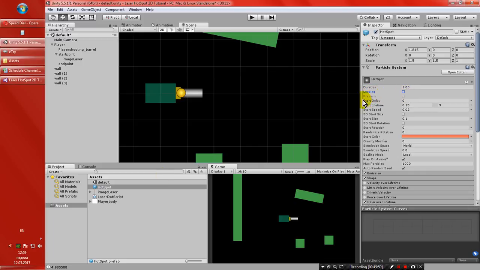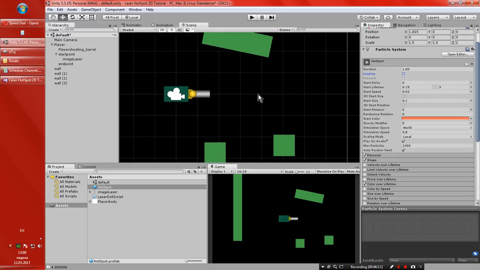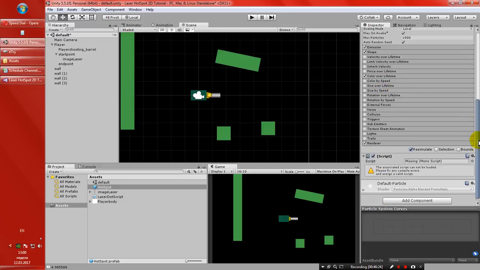looping. I clicked this previously, so this hotspot is not looping, so it's gonna fire off, it's gonna finish its animation once this particle is done, but the object is gonna be there. Okay, it's not gonna be visible, but we will have many objects that are just gonna sit there. So what we wanna do is just create